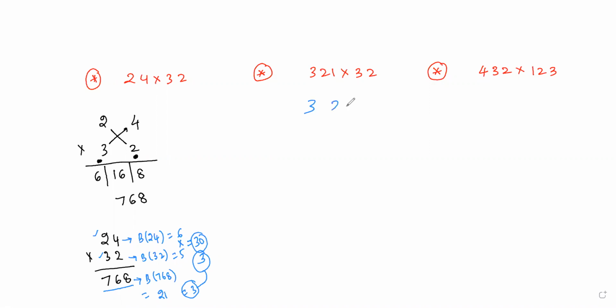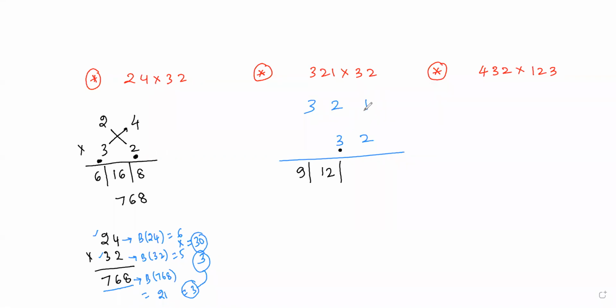Now 321 times 32. My focus is only on 3 at the earlier stage. Now 3 moving to 3, then I got 9. My 3 moving to 2, that is 6. And the previous combination will be 6. Then you are getting 12. Now my 3 has already reached 2. So this time it will reach 1.